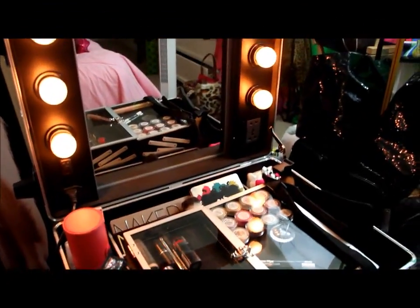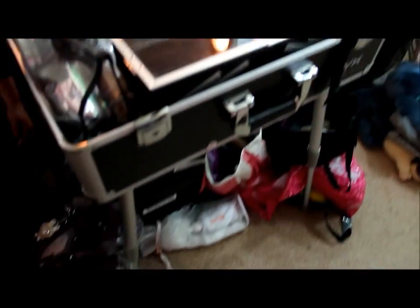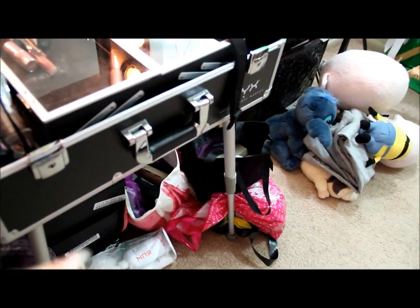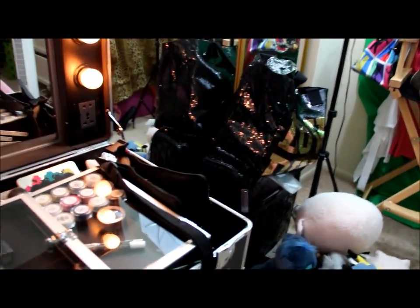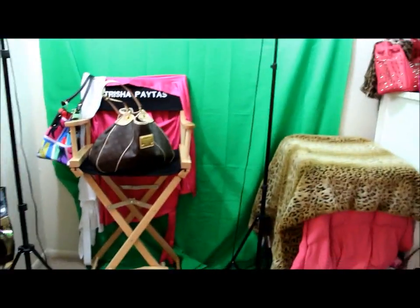Okay, so there is my makeup vanity collection. It's a NYX Cosmetics box, so I just showed you guys in my NYX haul. I put underneath my shoes, and those are new shoes, and some shopping bags, and then my palettes are right there in that pink bag. So it's kind of a mess, and those are my stuffed animals that are normally on my bed, which I should have made, and my sweatpants that I wear to bed. I just went on a little bit of a mini vacation, so there's my suitcase, and of course my green skirt, and yeah. Well, okay, it's not a room tour, it's a makeup collection. So anyways,